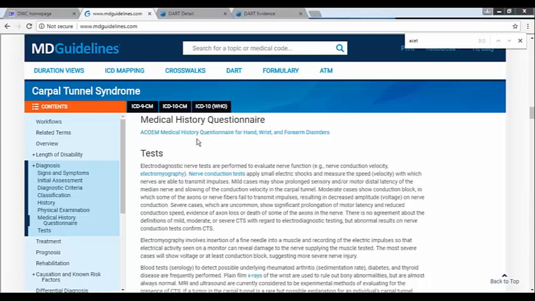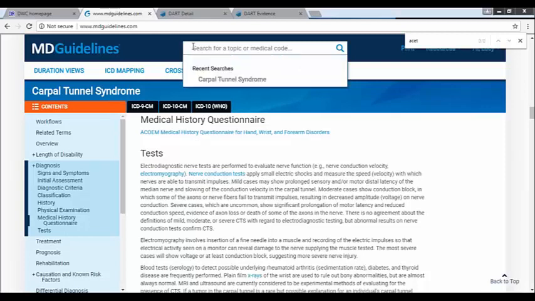So this search box currently will take you into our content, and there'll be portions of it where appropriate that will incorporate the ACOM practice guidelines.